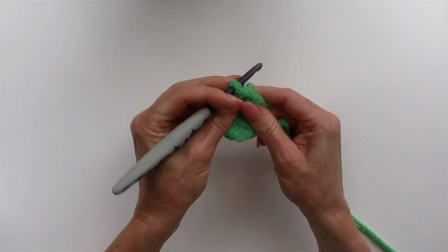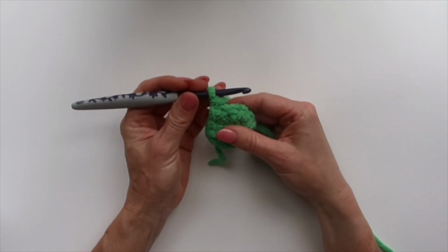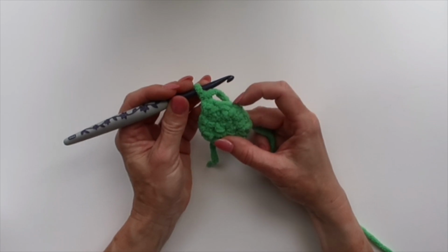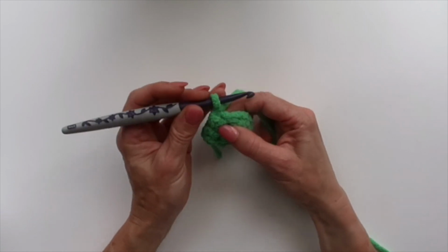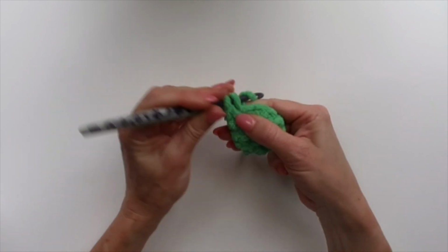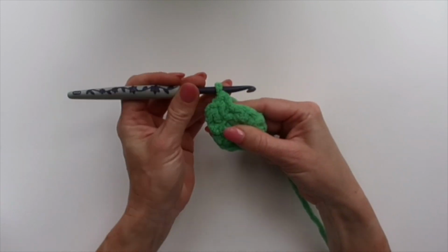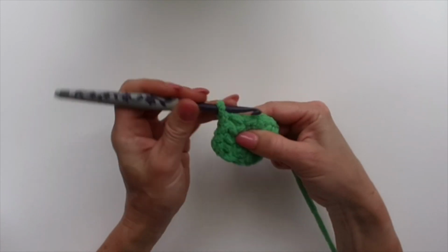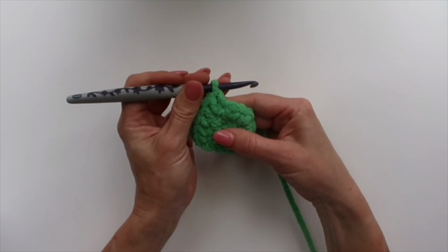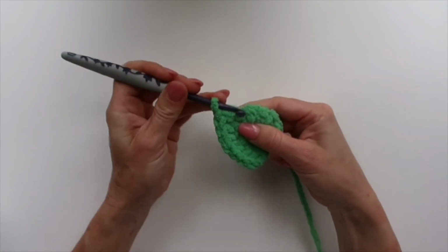Slip stitch. Now for round 3, we're going to chain 1 and turn once again. For this round, we're going to do 2 single crochets and then 1 single crochet. And then 2 single crochets and then 1 single crochet. So here's a 1 and a 2, and in the next one goes 3, and then a 4 and a 5, and in the next one 6, and then a 7 and an 8, in the next one goes 9,